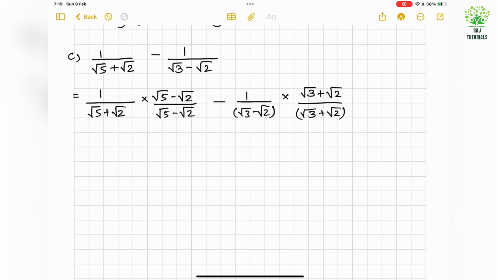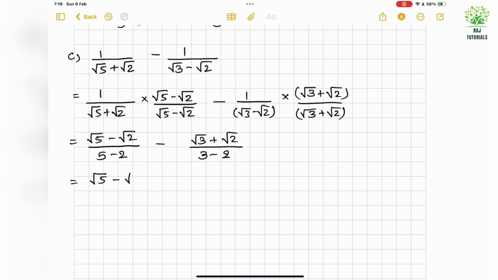So this will be (root 5 minus root 2) upon (5 minus 2), minus (root 3 plus root 2) upon (3 minus 2). So this will be (root 5 minus root 2) upon 3, minus (root 3 plus root 2)